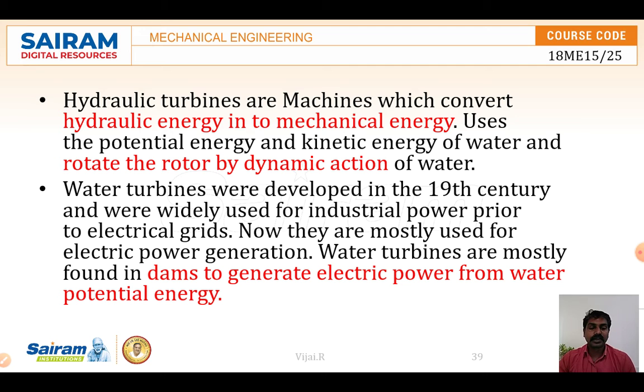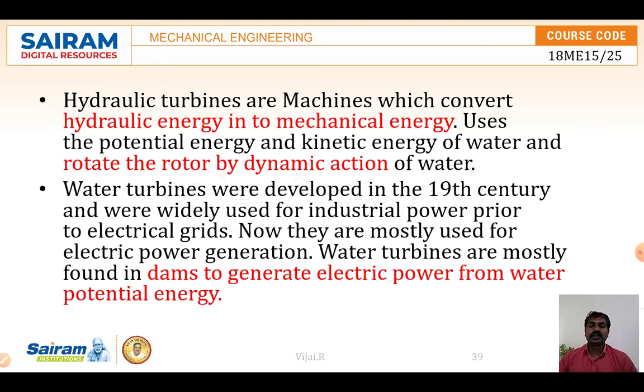So first, to produce electricity we need a rotation of the shaft. We know the principle of the generator. When the shaft is rotating and it cuts the magnetic field, the EMF is produced, so that we can produce electricity. So to rotate the shaft, what can we do? We can rotate it either manually or with some other mechanical functions.